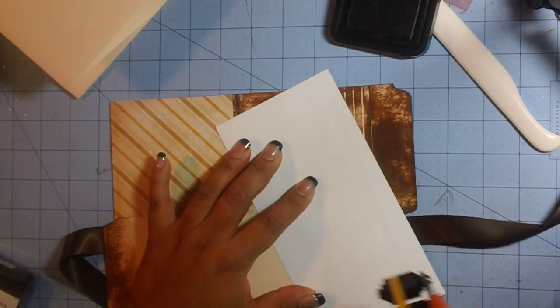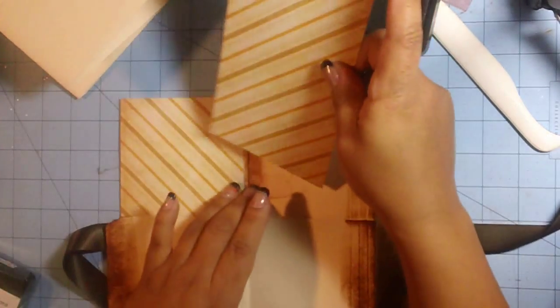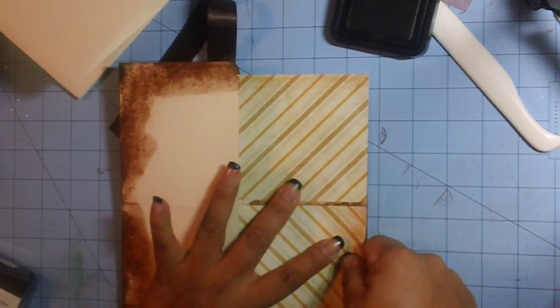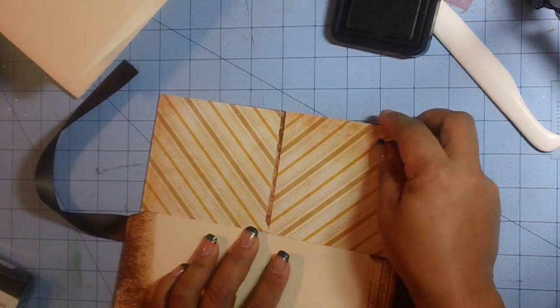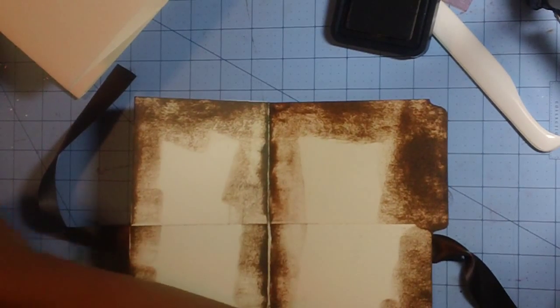And I used DCWV rustic pattern paper, which I'm sure is a discontinued product. Well, then again, you might be able to find it. I have a tendency to hoard my paper, which is not a good thing to do, but I do. Okay. As I continue,